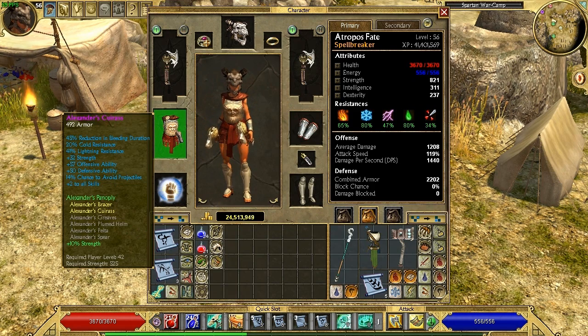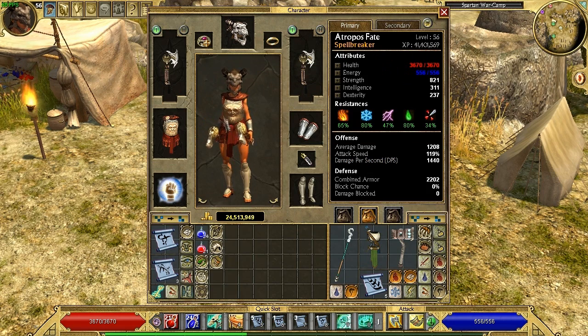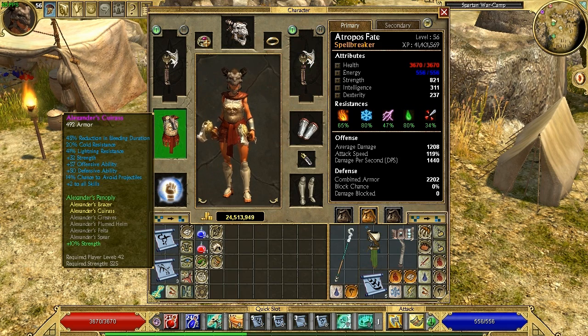And of course here we have the Alexander's Cuirass, the chest armor. This is also a great item. It also gives 492 base armor. Also it gives a good amount of reduction in bleeding duration. Of course now with the bleeding, our bleeding resistance is 80% on the epic difficulty. Because first of all, this item alone gives 96% bleeding resistance, and also this item gives 113% bleeding resistance. So bleeding damage is not a problem for this build, but it is nice to have a reduction to bleeding